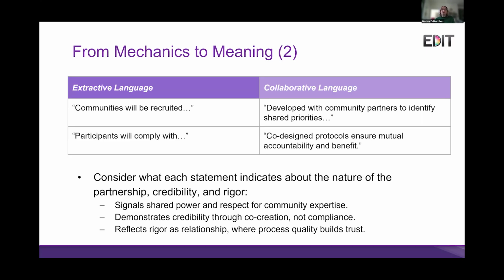And as you get more accustomed to doing work and writing this way, it'll reflect how you've developed a relationship, what the rigor is in your relationship development process, and ultimately build trust with not just a single community agency, but with community agencies in general, because we know people love to talk about what works, what doesn't work, who's a good partner, who's a bad partner. We want to aim towards everyone being a good partner in collaborative grant development.